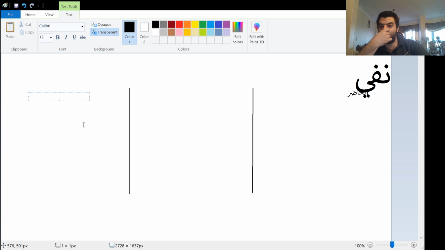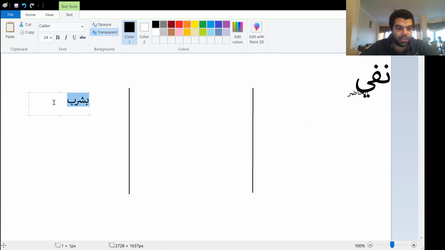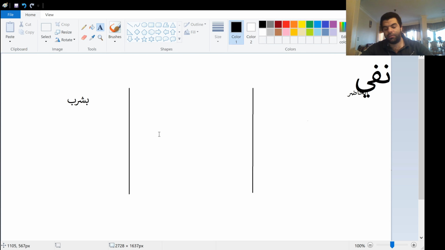So on the left, we're going to use the present. How to say "can I" in Egyptian Arabic? "Can I" is mumkin. So in the present, if I say, for example, I eat or I drink, drink is bashrab. I'll make it a little bit bigger, let's say 24. Ana bashrab means I drink, for example, right now or every day as a fact or a habit.